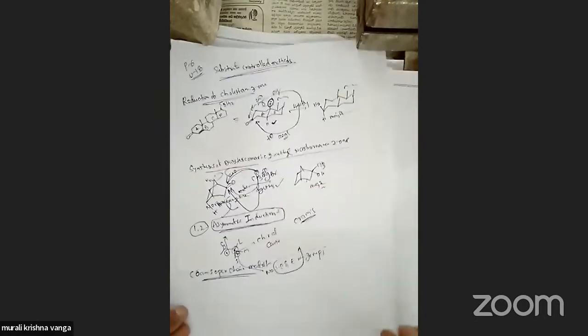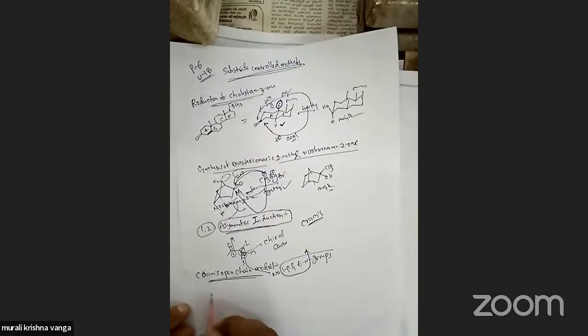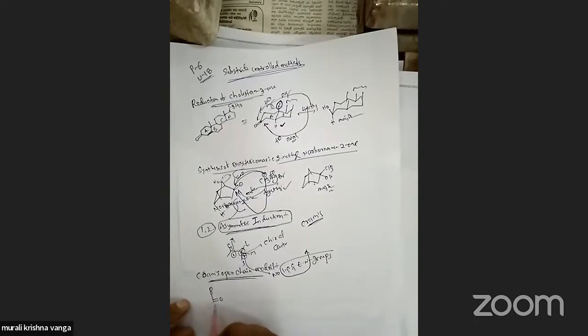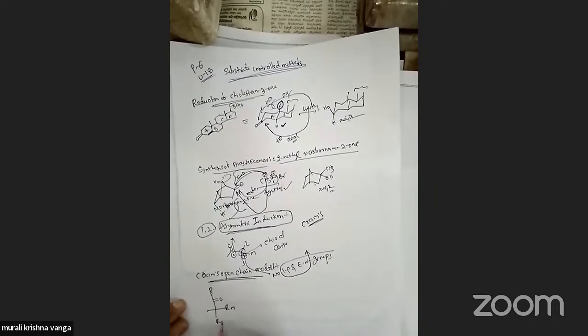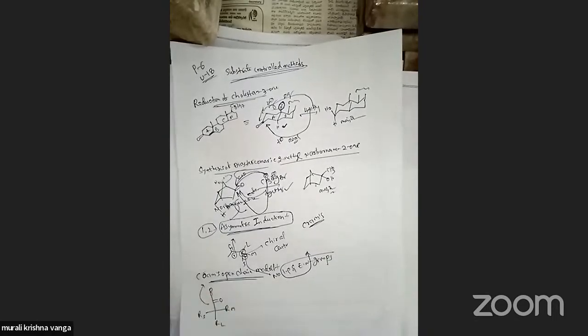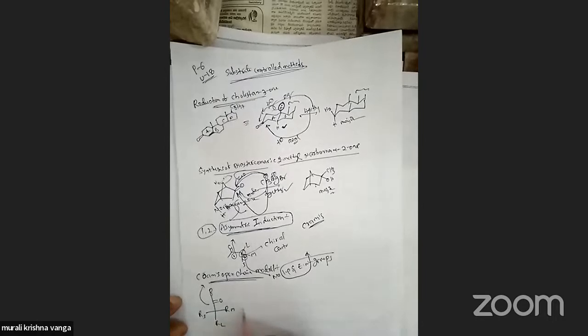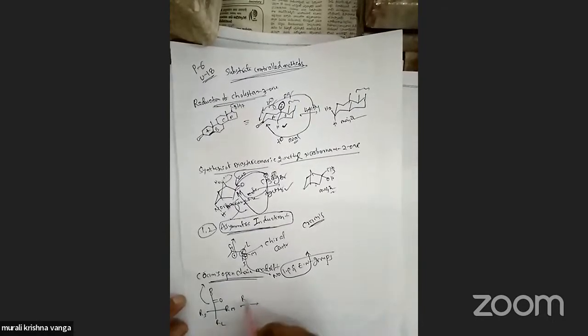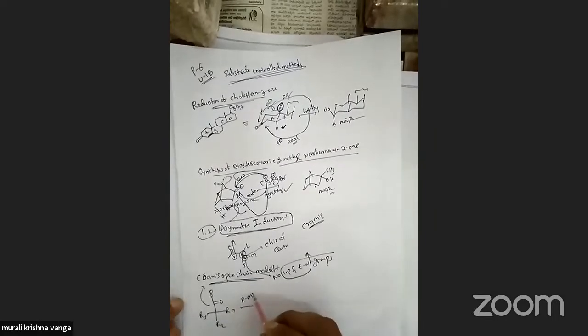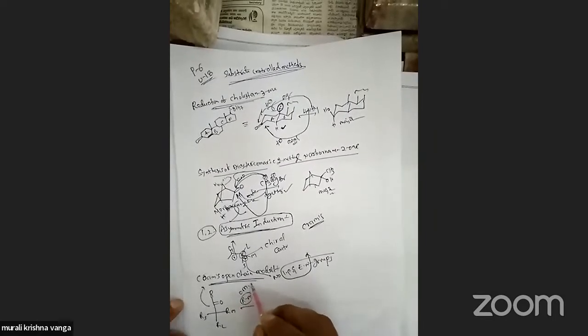Here I am taking one example. Carbonyl, medium, large, small. In this example, there are no electronegative groups or lone pair groups. Therefore, this comes under the Cram's open chain model. When this compound reacts with organometallic reagents,